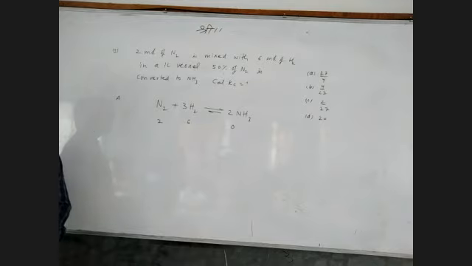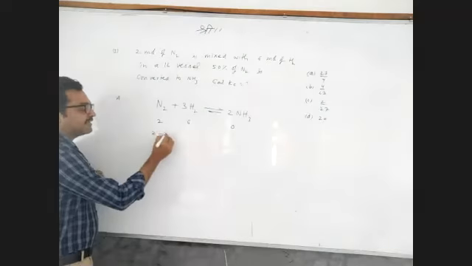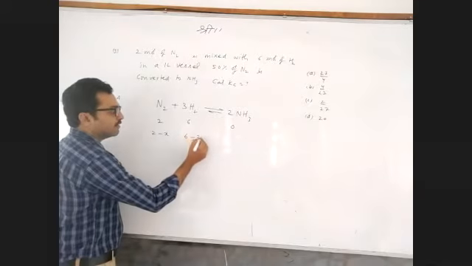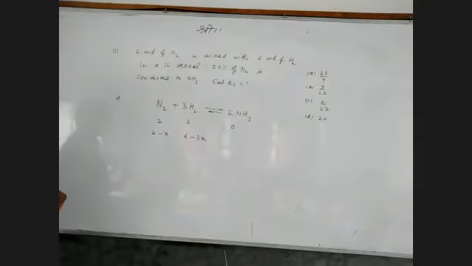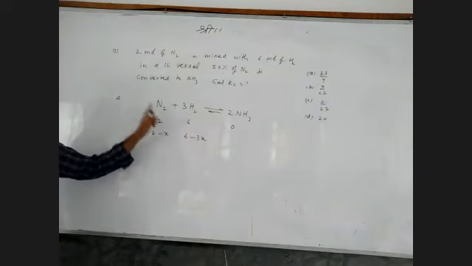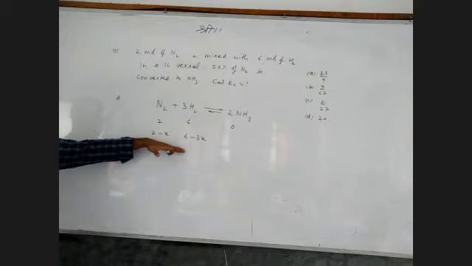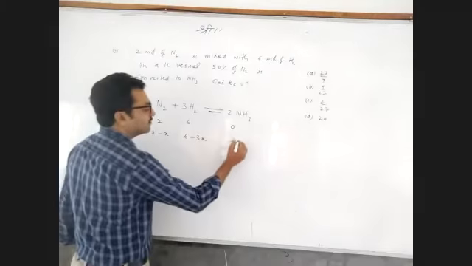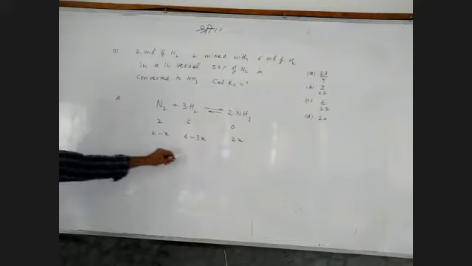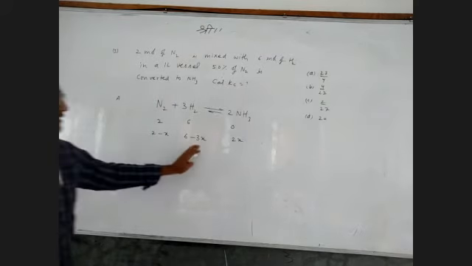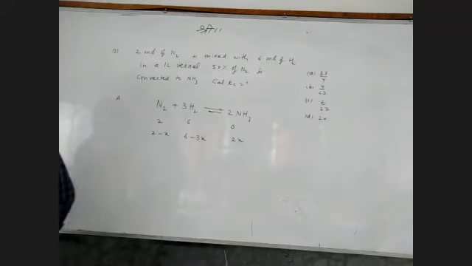Then afterwards, what you have to do? 2 minus x, 3 minus, 6 minus, very good. 6 minus 3x. Initially 6 is there. For 1 mole, x is dissociation. For 3 moles, 3x will be the thing. This you should know. Everyone should know this. Then only you can write. This one. So if you do this, 70% of the question is completed. If everyone knows this, how to write, then it is done.